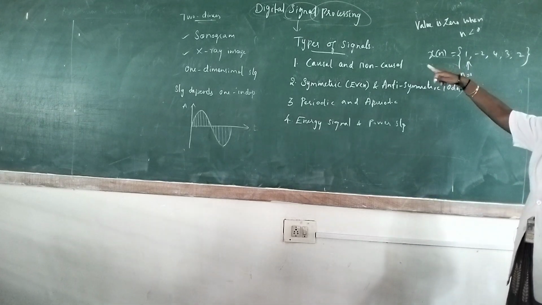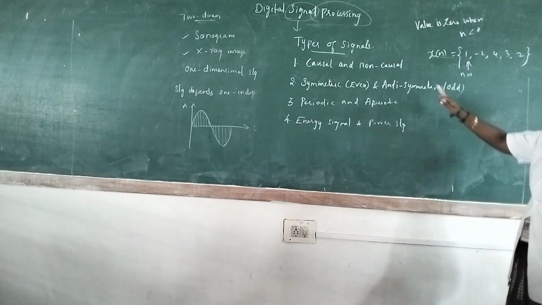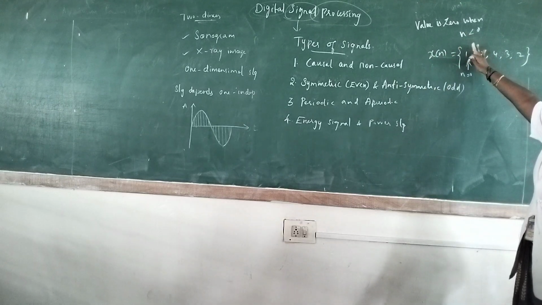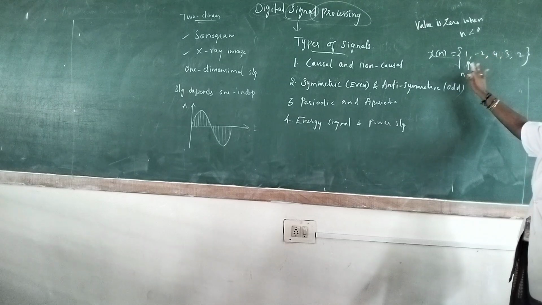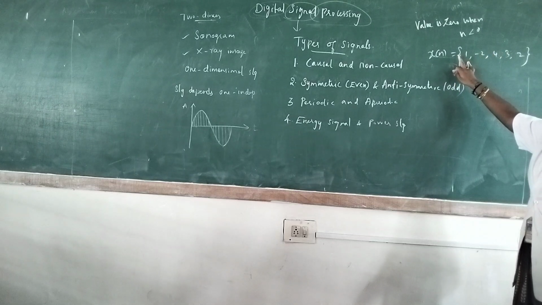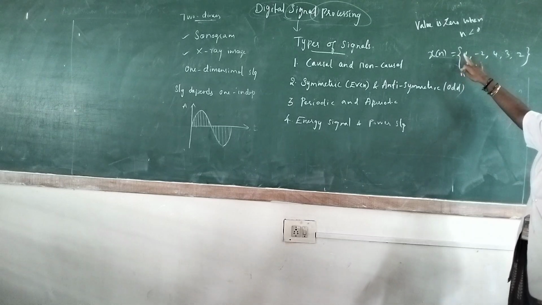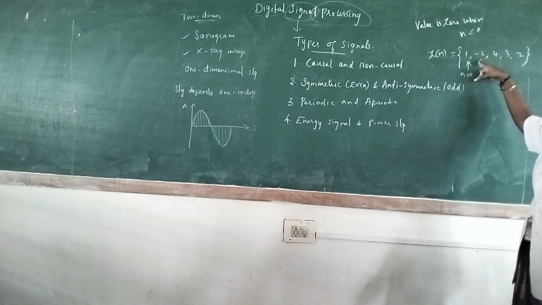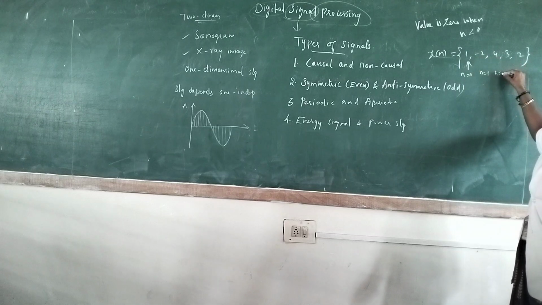So this is the example for causal signal. So the causal signal condition is the value is 0 when n less than 0. It means that the value starts from the sample 0, that is for 0 the value is 1. When sample n is equal to 1 then the value is -2. N is equal to 2, it is